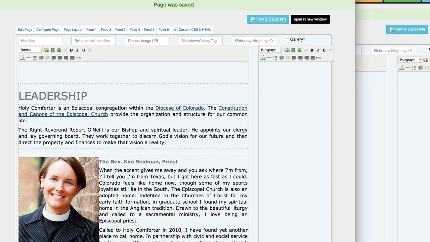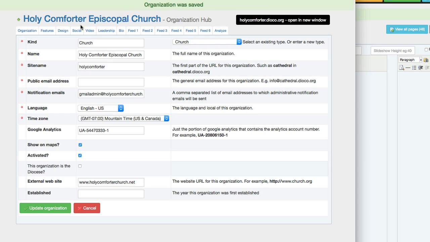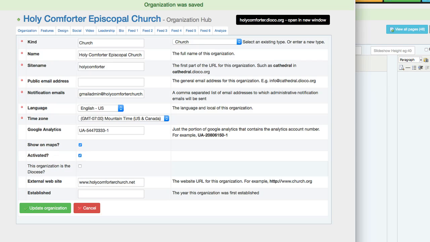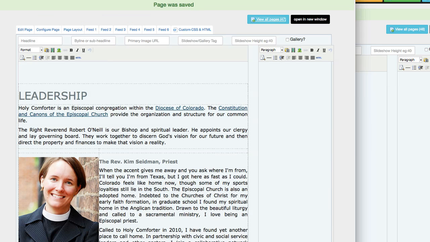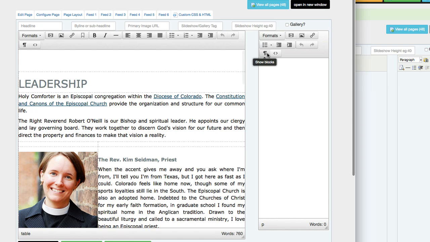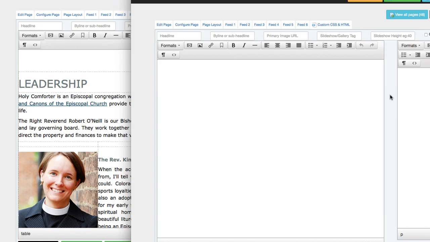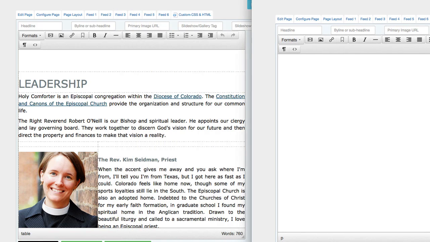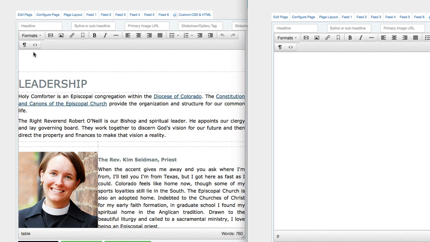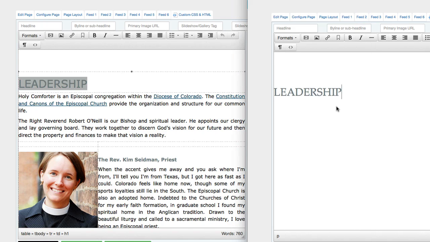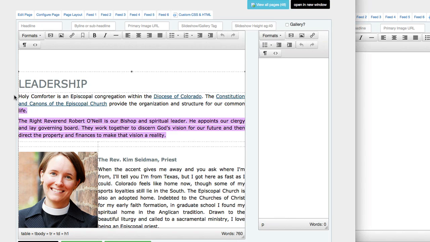Now I'm going to adjust the table tool to the latest editor, and I'm going to update that. And so now if I refresh this page, we're going to see that new editor. And if I refresh this new page that I'm working on, we're going to see that new editor. All right, so now I'm going to just basically copy, cut and paste this text over into the new page